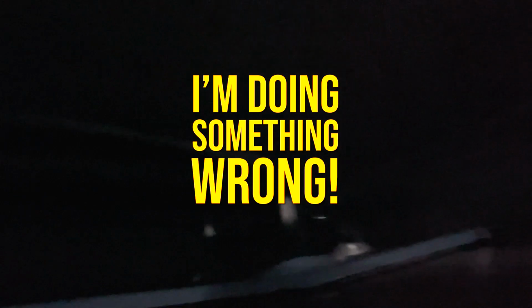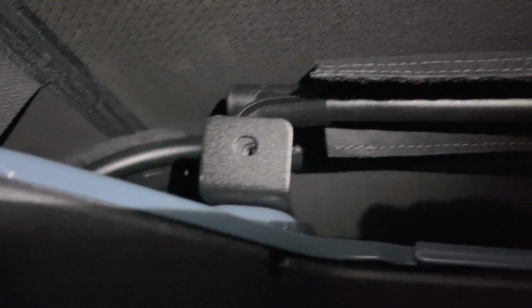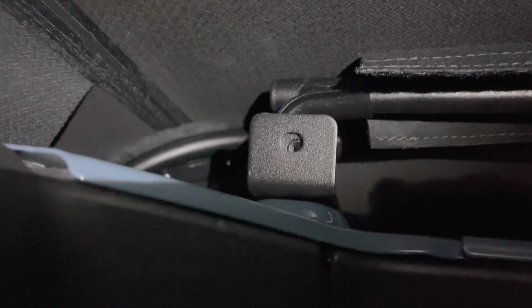You're gonna need some help putting this in, unless I'm doing something wrong. Probably would have been easier during the day when there was sunlight and the fabric was all soft and supple, but anyways,